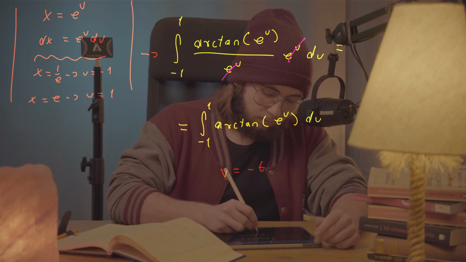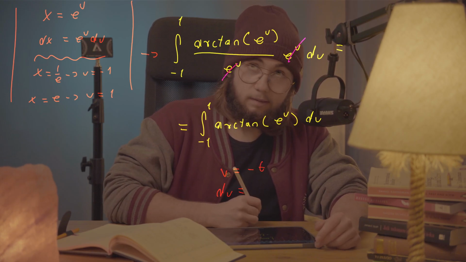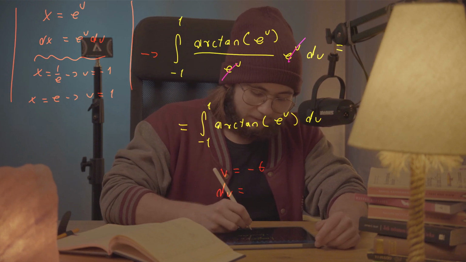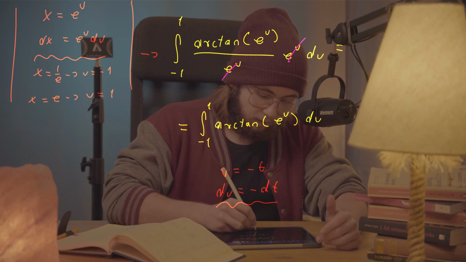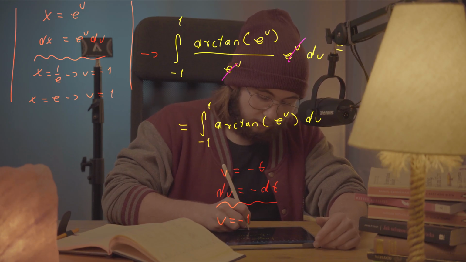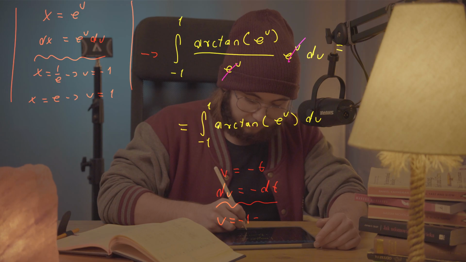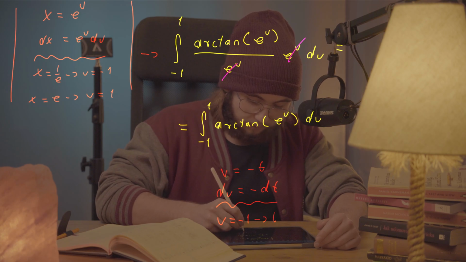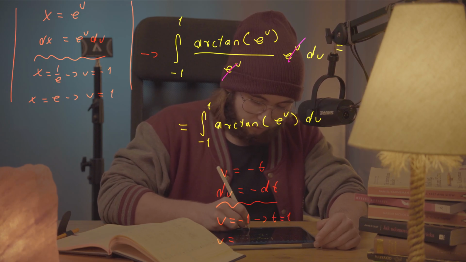Yeah, so that's pretty easy. So it's going to be du equal to the negative of dt, and as to the bounds of integration, whenever u is -1, my t is going to be 1, and whenever u is 1,